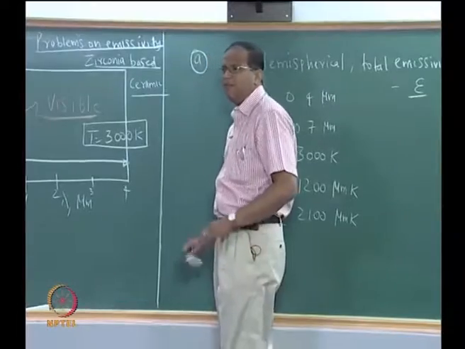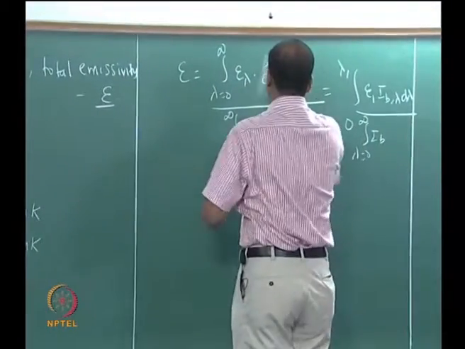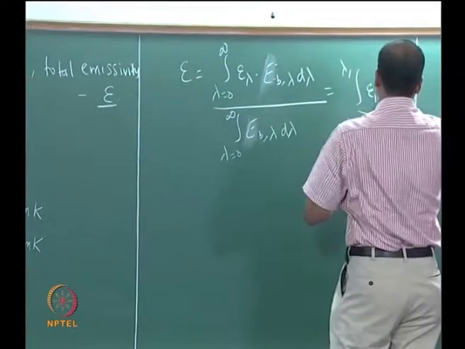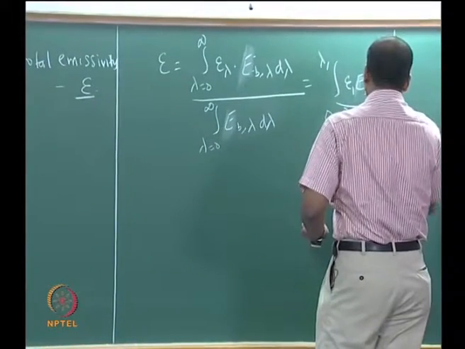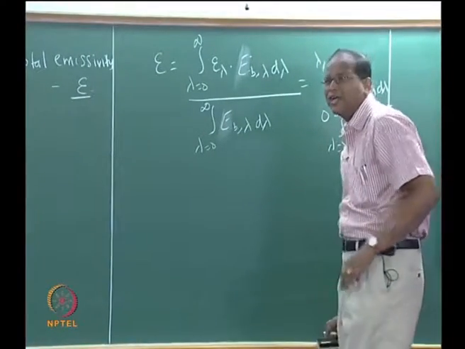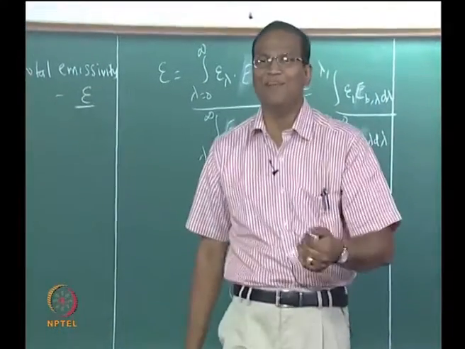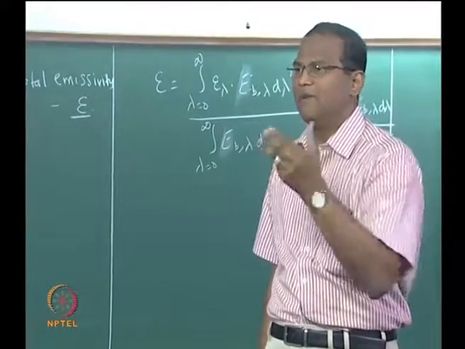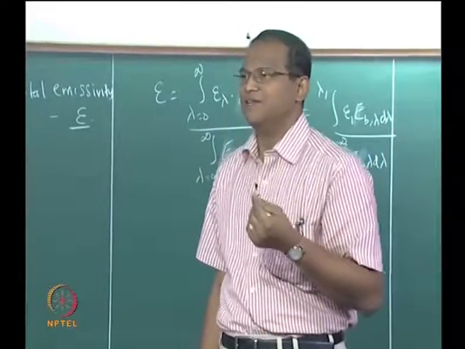Is it better to use IB or EB? This is better. There is no problem in using either IB lambda or EB lambda, but do not use EB lambda in numerator and IB lambda in denominator, then all the answers will be off by a factor of pi or 1 by pi or whatever. You may get incredible emissivities.